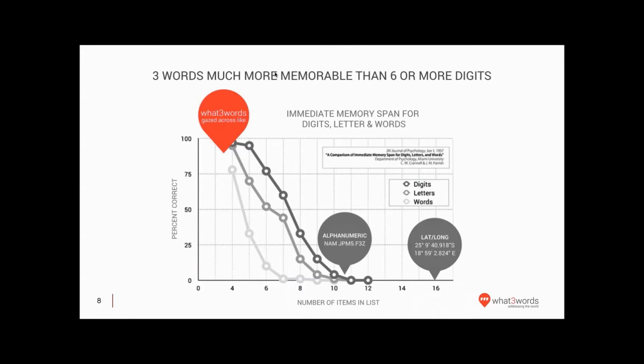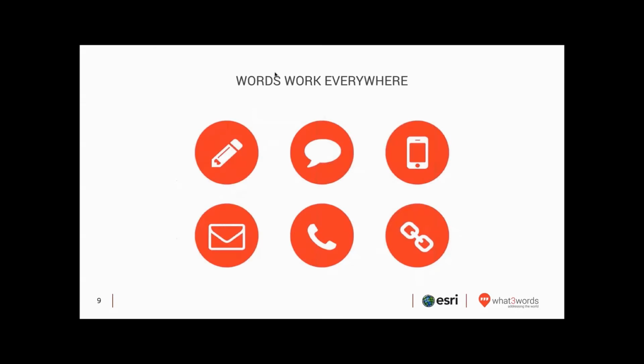Why do we use words to encode the lat long? Why not use a code number or alphanumerics or something like that? The reason is quite simple. Words are much easier for human beings to handle than alphanumerics. The chart we're looking at the moment is a study from the University of Miami, which asked people to remember different codes of different lengths made out of different things. The researchers discovered that when you have a code made out of 3 words, after 20 minutes, over 90% of people can easily recollect that. But if you have a code made out of 8, 9, 10 digits and alphanumerics, then almost no people can recall that after 20 minutes. So words are much easier to handle for human beings.